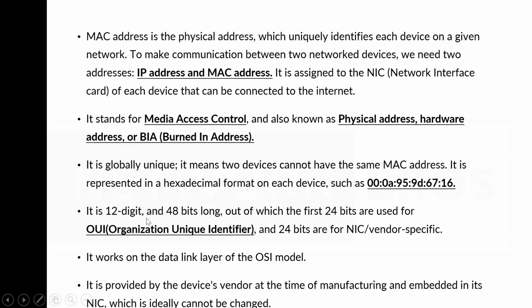So what it means is, who has created it, who is the manufacturer? It is actually to identify who is the manufacturer. Each manufacturer will have its own unique number. Okay, so it says 24 bit,